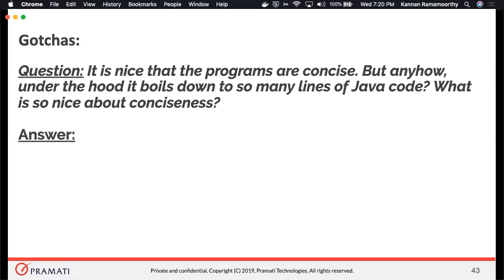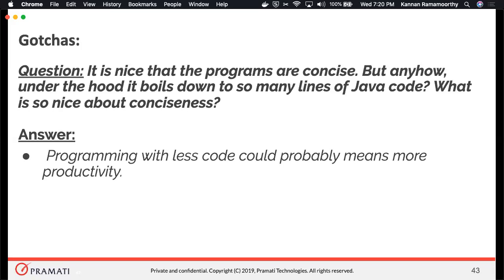Probably more lines than if we had written it ourselves in Java. So you might be thinking, what's the point of having concise code? Programming with less code probably means more productivity. I'm not saying less code equates to more productivity, it probably means more productivity.